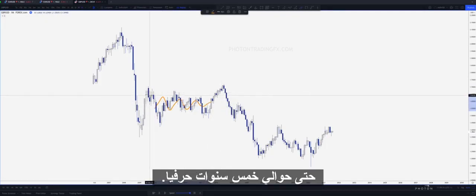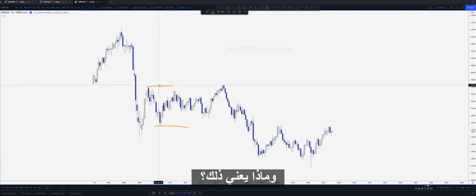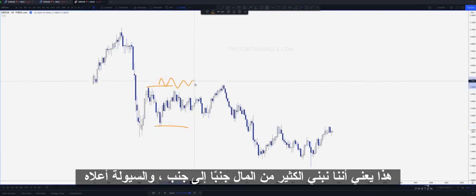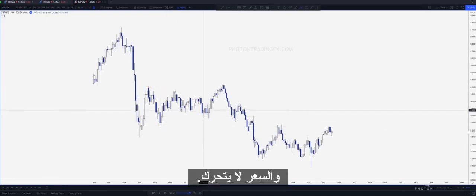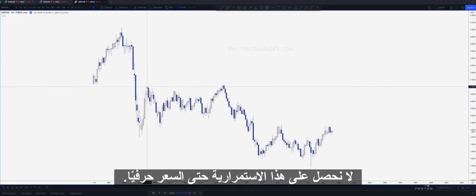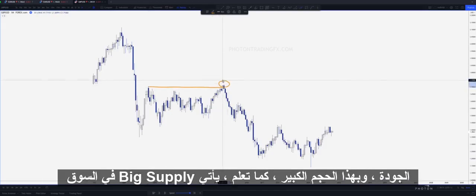So about literally 5 years, we just start ranging in between that internal high and that internal low. And what does that mean? It means we're building tons of liquidity, buy side liquidity above that external high, tons of liquidity below this low here, right? And price does not move. We don't get that continuation until literally price just sweeps the high, taps into that buy side liquidity, and then